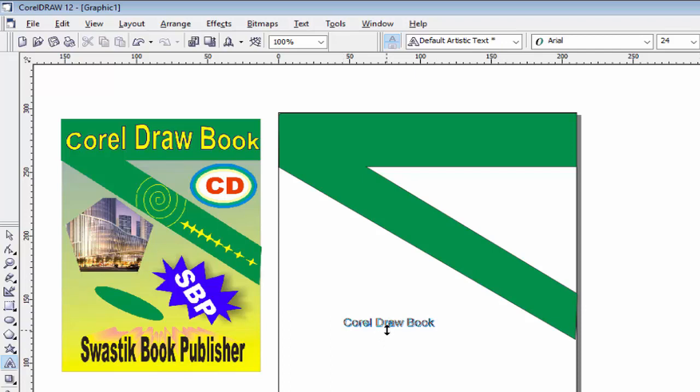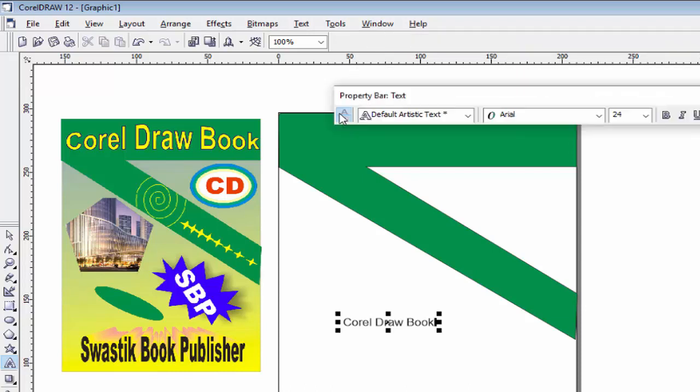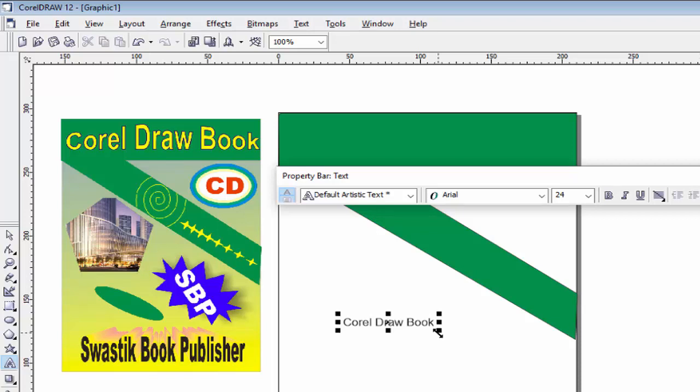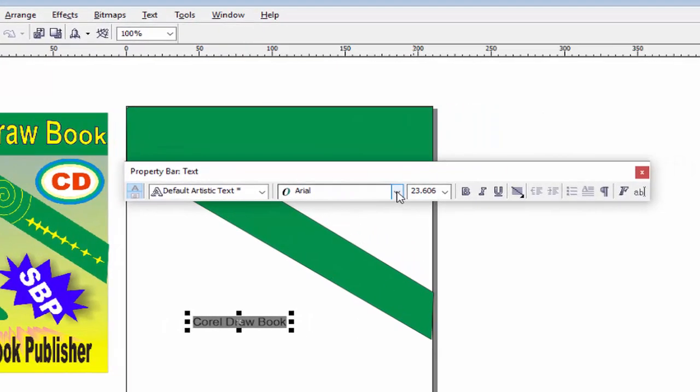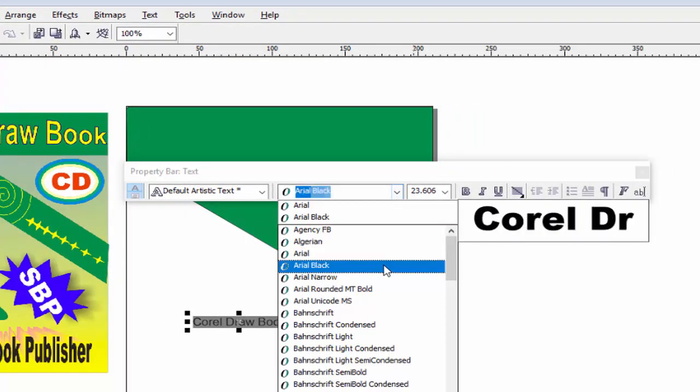After using the text tool, the text property toolbar will be there. If you want to change the text, first select all the text using Ctrl A, and then you can change the font from here, like Arial Black, or any font you want.